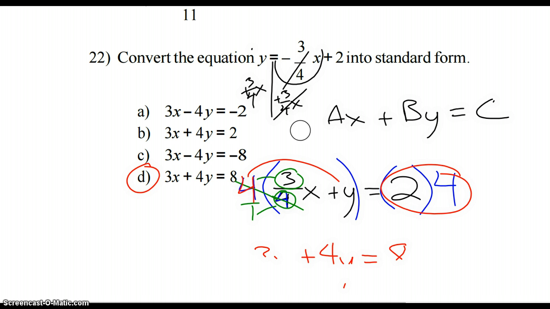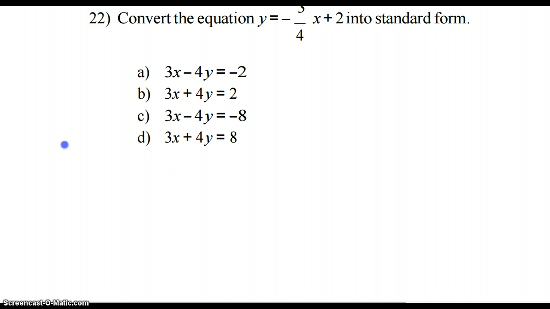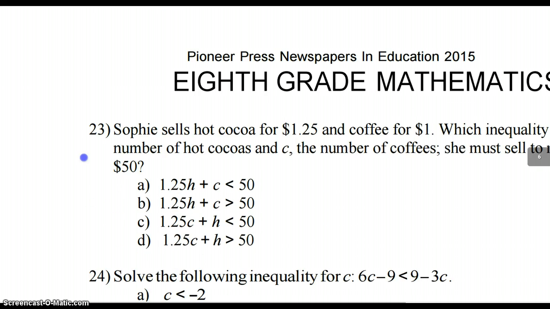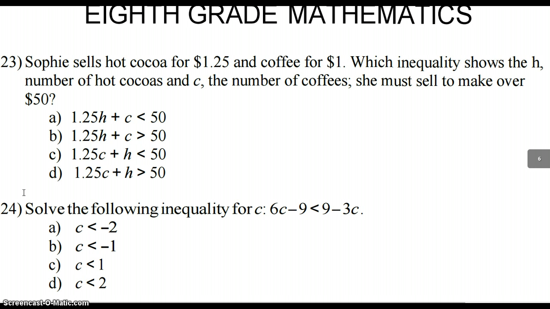Okay, so that's how we do that. Moving on. Number 23. Okay, a little word problem here. Sophie sells hot cocoa for $1.25, so I'm going to put an H there for hot cocoa, and coffee for $1. Which inequality shows H, the number of hot cocoas, and C, the number of coffees she must sell to